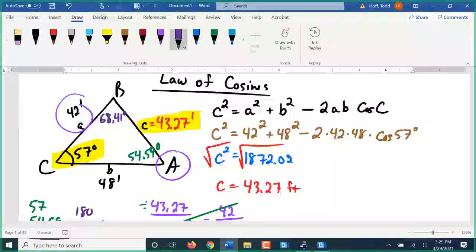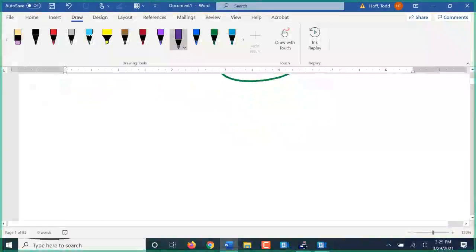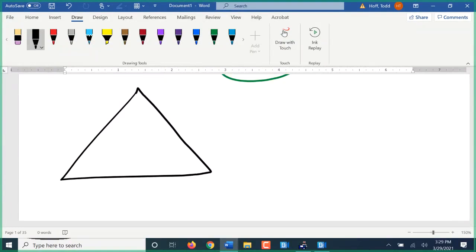Not so bad. No, let's not go back to the. I want to go back to the law of sines. Nah. Oh, come on. Go ahead and try one of your notes. I'll give you